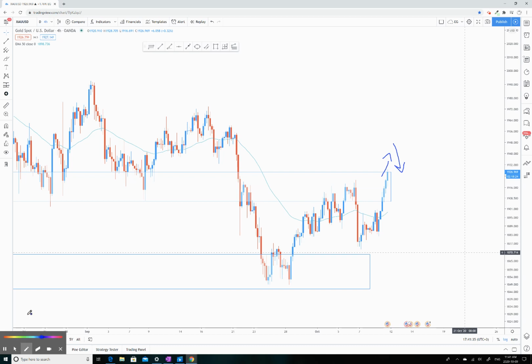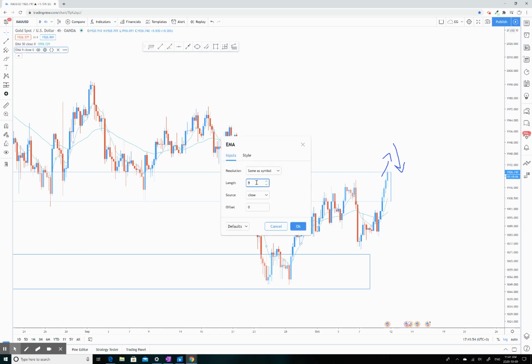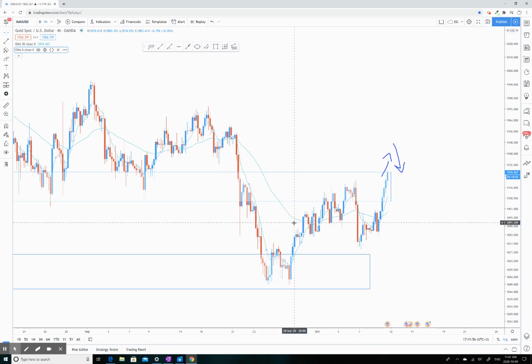A little tip for you, if you're new to trading and you're not very good at looking for breakouts and when to actually trade the break, if you do plot the 8 EMA, especially on the lower time frames like the 15-minute time frame, I'm just going to plot it back here. Okay, let's put 8 in here. There we go. So when we plot the 8 EMA, EMAs can act as dynamic support and resistance. Essentially that means when you get a break or a retest, you can trade them like support and resistance areas. So if we go down to the 15-minute time frame,